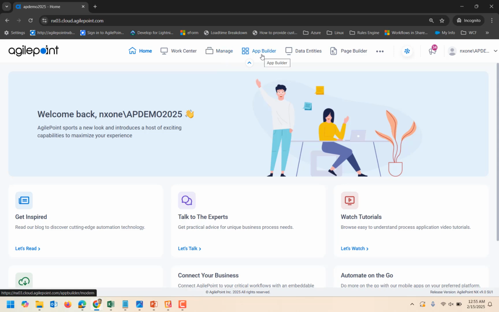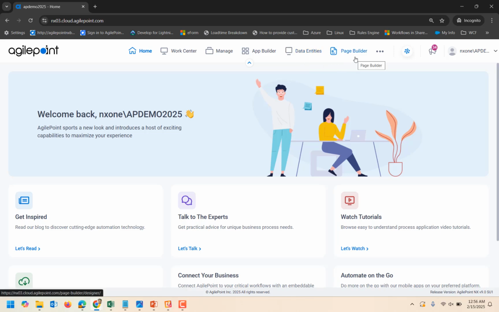App Builder, this is where we are going to spend most of our time today, is used by app designers to build the applications. Data Entity, AgilePoint supports the concept of bring your own data source where your data tables can reside in your existing SQL Server, MySQL, Oracle tables, or a SharePoint list, or a Salesforce entity as well. However, for those customers who do not have that, we provide a browser-based entity designer where you can design your own data store along with relationships without having to write any complex SQL queries, and that's what Data Entity